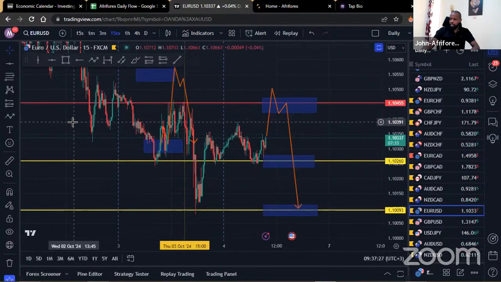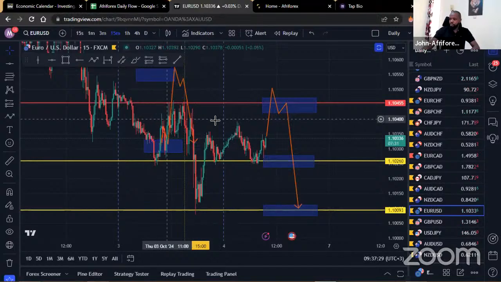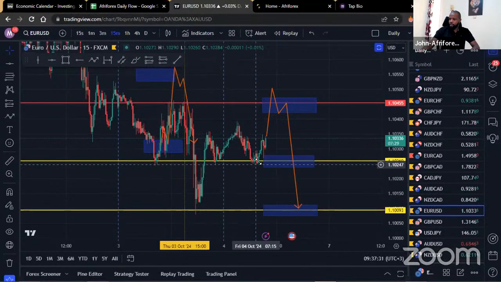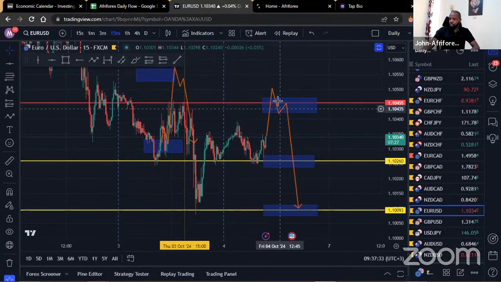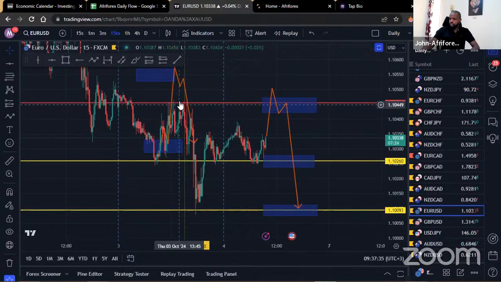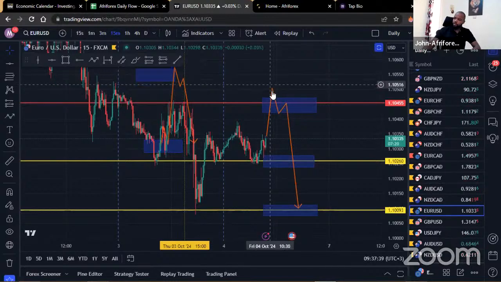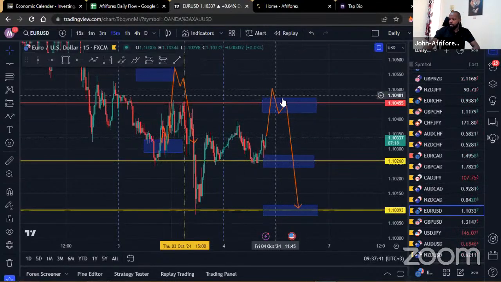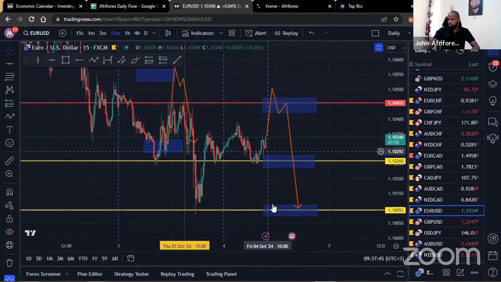And as much as there's some sort of an SNR within this region right here, you could find that maybe the market might actually need to come back in somewhere within this area right here, maybe just tap in higher than that. But remember that in case the market breaks and holds above this region to the upside, then unfortunately, there will be no trade for us. So just make sure you watch out for that.